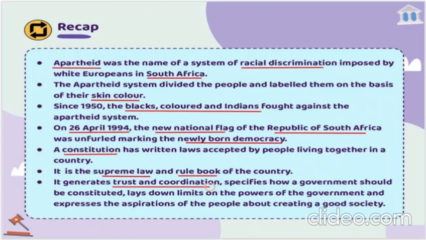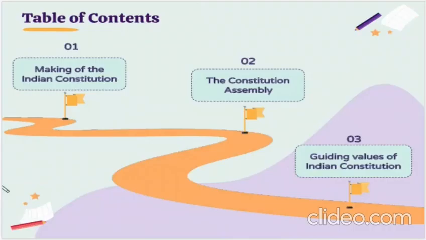It is the supreme law and rule book of the country. It generates trust and coordination. It even says what powers and rights the government and the people have respectively. So we studied what is a constitution. Today we are going to discuss the Indian Constitution, the Constituent Assembly, and the values given in the Indian